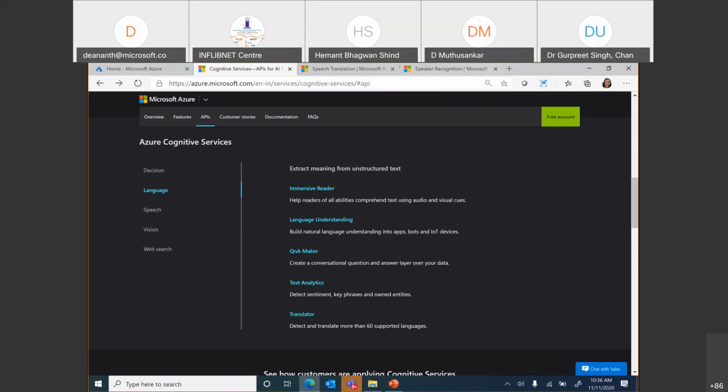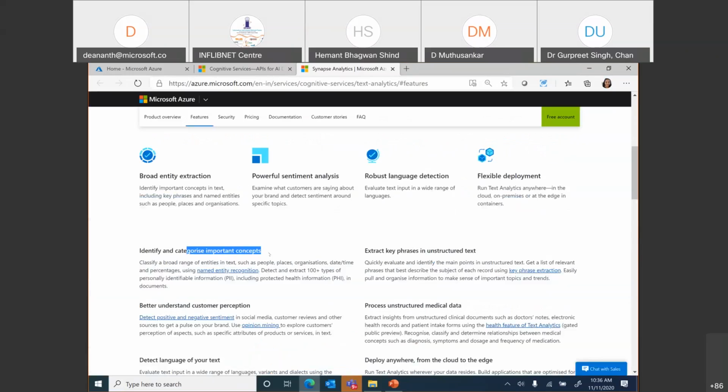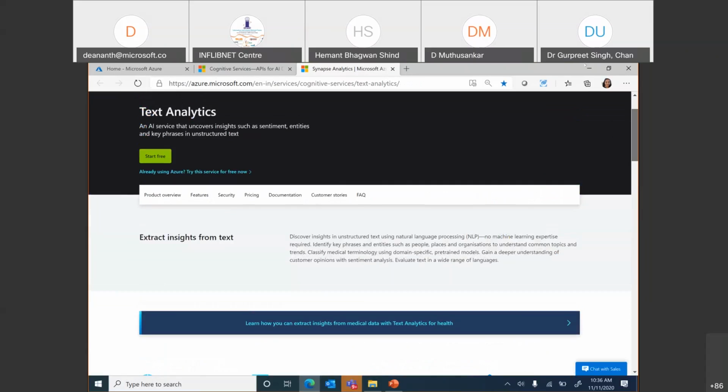Here, it will understand what is being said. It can identify and categorize important concepts. So let's say you're looking at a Twitter feed or a Facebook feed. You're trying to understand what feedback has been given on the punctuality of the aircraft, on the cleanliness of the aircraft, or on anything. Say you have released a new product. It can understand the sentiment behind whether people are commenting on the pricing, availability, shape, or features. So you can understand both structured and unstructured data over here and work with it. So we have got text analytics as well.